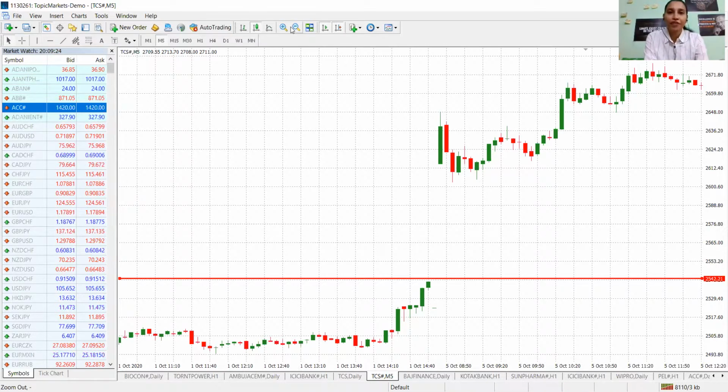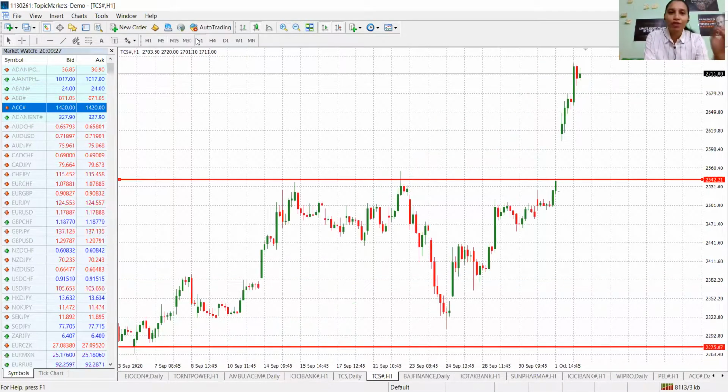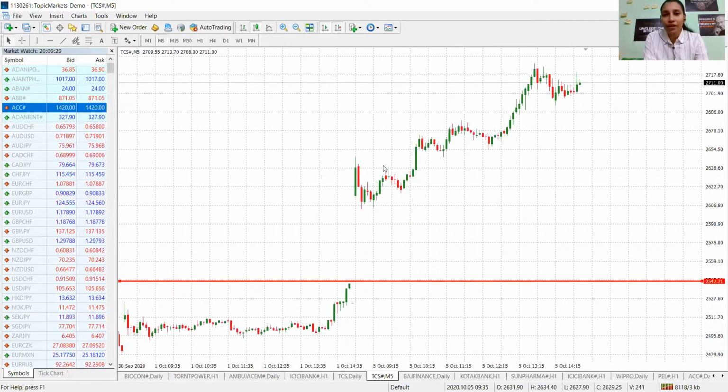Excited for this? Type in the chat section excited. So you have to be smart. The price of opening over here is around 2615. The moment it opened up, obviously it's a very fast move, you can't catch it. But if it opened at 2615, and in front of you it is showing 2630, and you see that it is moving up strongly, you know this is going to go up. Then you decide that you're going to buy at this price. So how do you place the trade? Let me tell you that, at TCS.